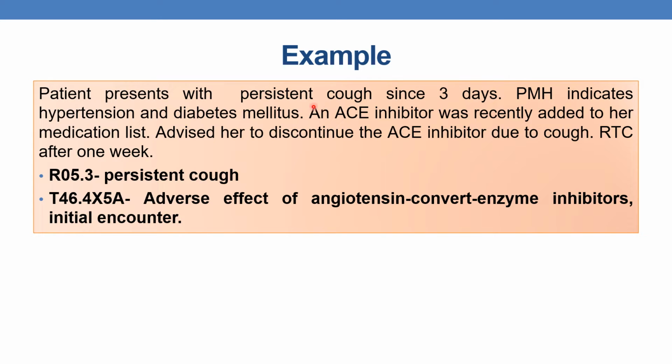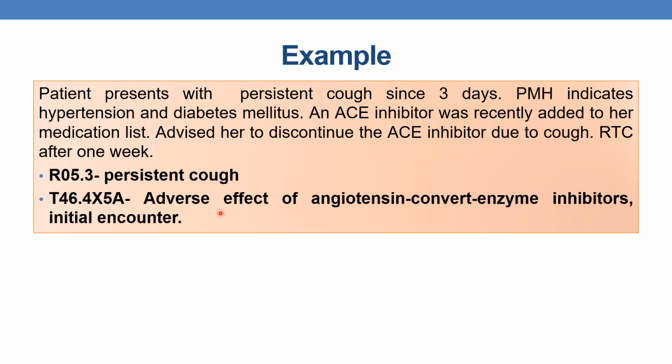And the reason for this adverse effect is the ACE inhibitor drug that the physician has confirmed. For that reason, the physician is indicating discontinuation of that drug. So the appropriate codes here are: first, the nature of the adverse effect, that is persistent cough. PDX should be R05.3, which is nothing but persistent cough, followed by